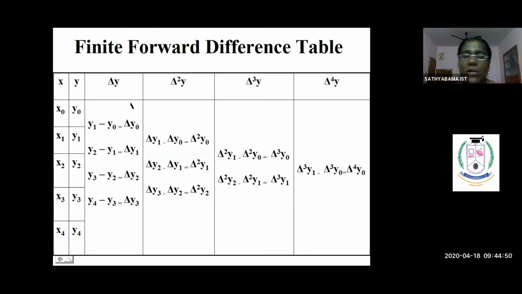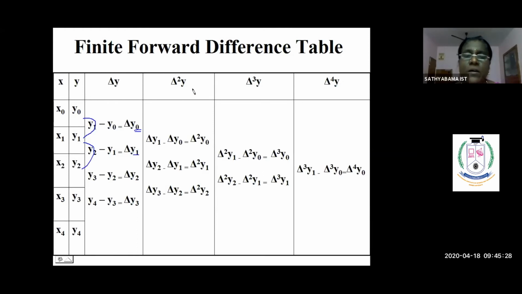And in the third column, we have del y. So what is del y? First order finite difference. In this one, you can see how I have calculated y1 minus y0. And the notation here is always preceding, del y0. Then y2 minus y1. y2 minus y1 means here the preceding is y1. The same way I have calculated, and you see the number of entries here is always one less when compared to the y values. How many y values have I taken? For example, 5. And under the first column of differences, I have only 4.